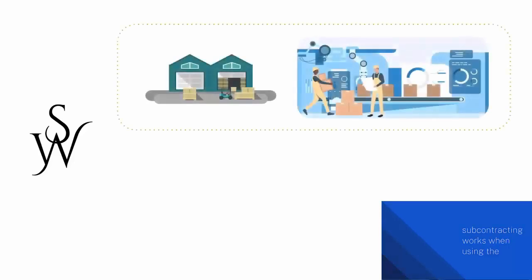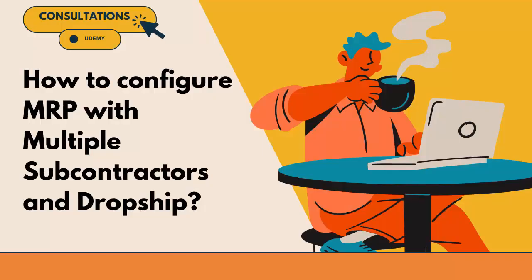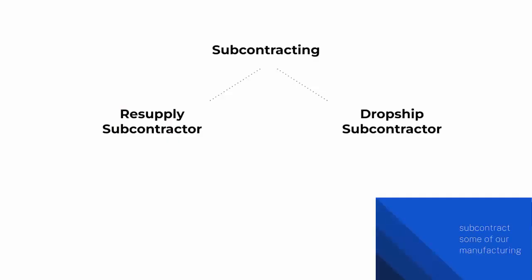Subcontracting works when using the resupply subcontractor workflow. We partner with subcontractors to help us complete tasks that can't be performed internally. We can subcontract some of our manufacturing operations to bolster production without having to invest in expensive machines. Subcontractors handling some of our production allows us to focus on other tasks. Now today, I'm going to give you